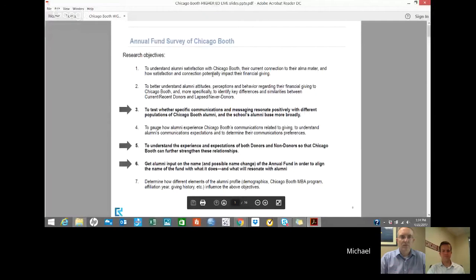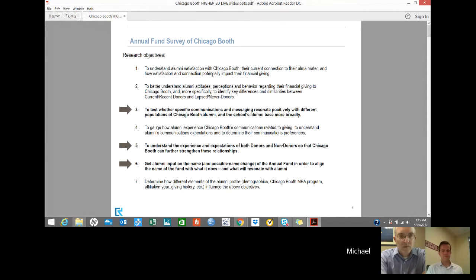So hopefully everyone can see that. This is just laying out the primary research objectives of the survey. The ones highlighted are the ones Adam already discussed, which is testing the specific communications that Booth uses, better understanding the experience and expectations of donors and non-donors, and then also getting alumni input on the annual fund